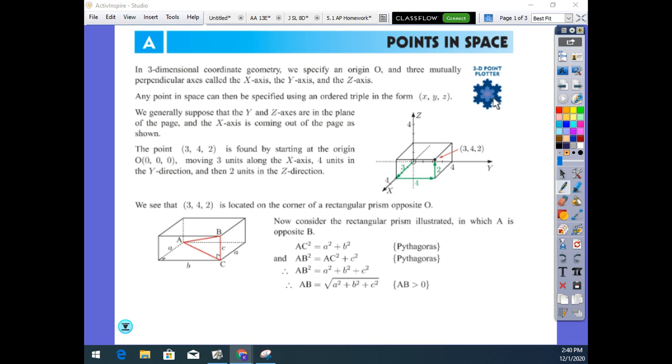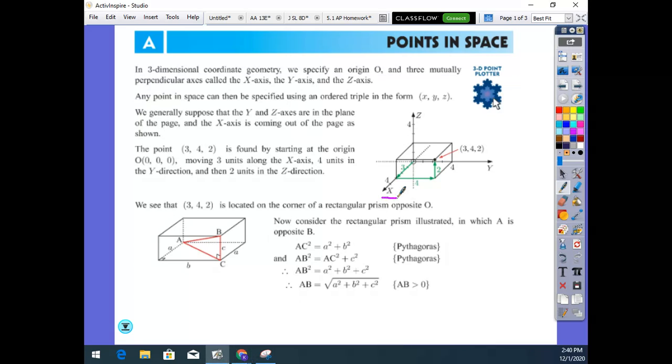So letter A is all about points in space. It also connects points in two-dimensional versus points in space. So space just means three-dimensional. So if we look at this picture,